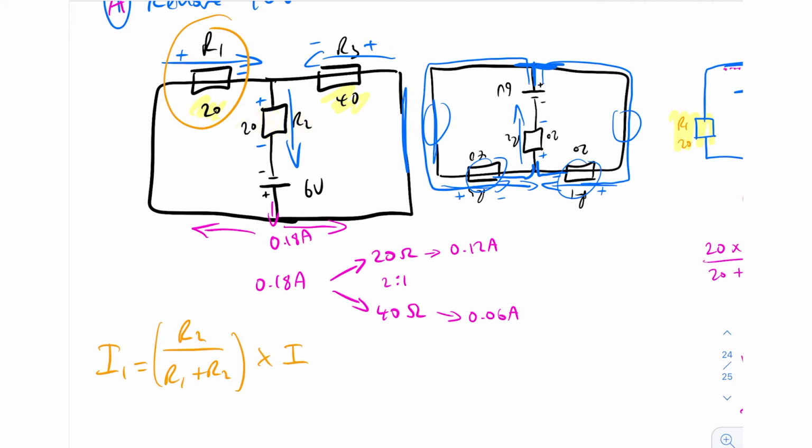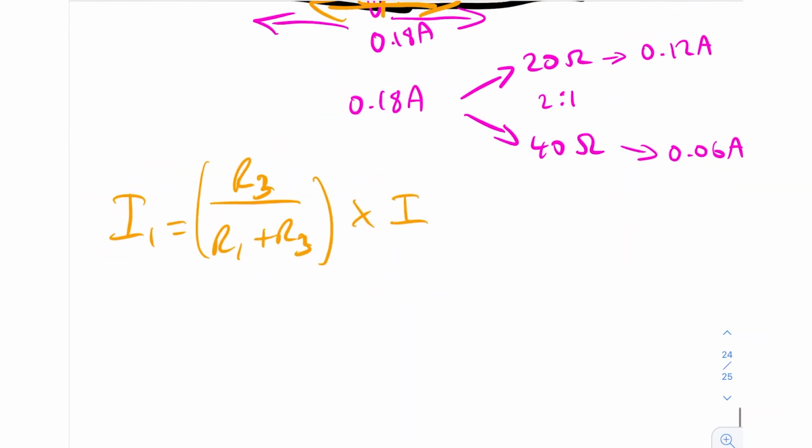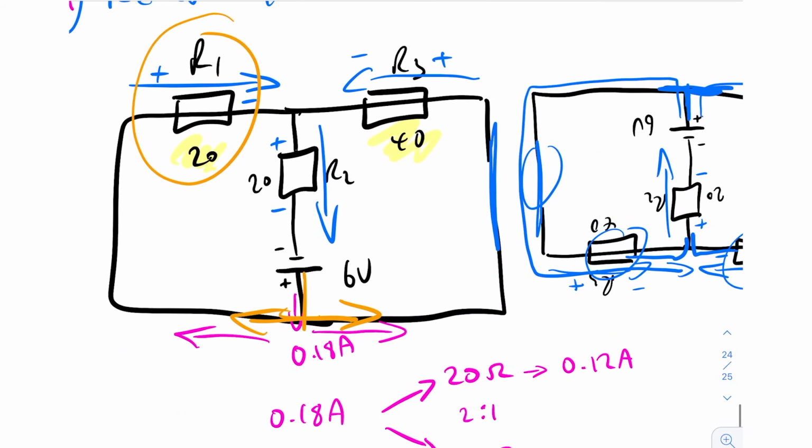But in terms of the current divider, we're talking about this split that comes this way when it's getting split that way and that way. Then for the purpose of the current divider, we're talking about R3. Maybe we could just make it R3 for simplicity. So we're talking about the value of the resistor we don't want. So we can say, for example, the current in I1 is equal to the value of the resistor we don't want, which is 40,